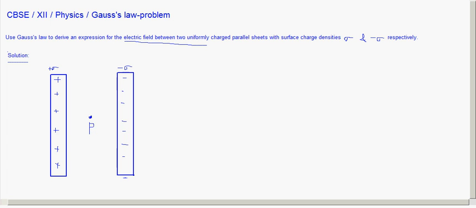So we'll write here, let us consider two uniformly charged large parallel sheets carrying charge densities plus sigma and minus sigma